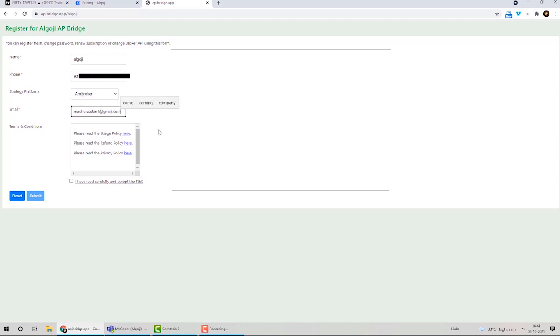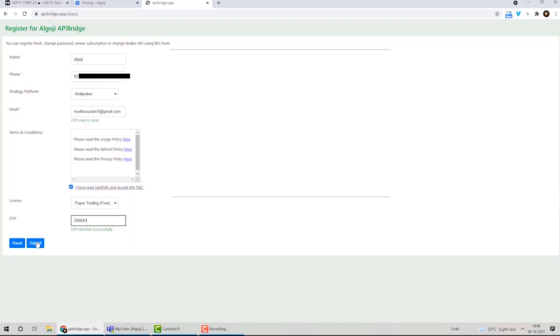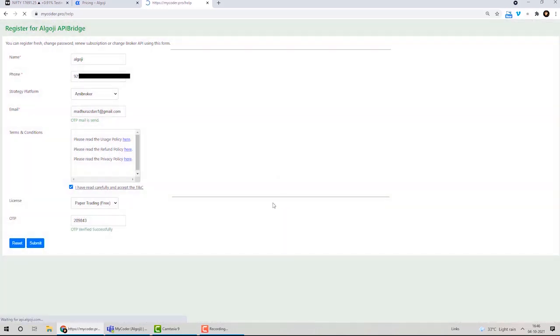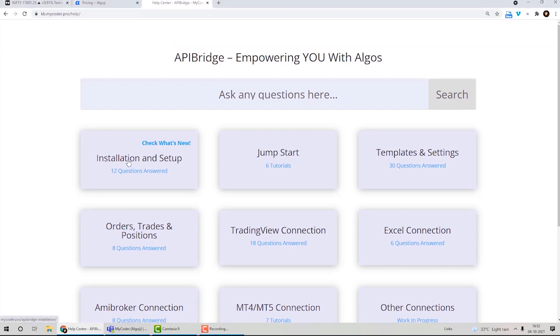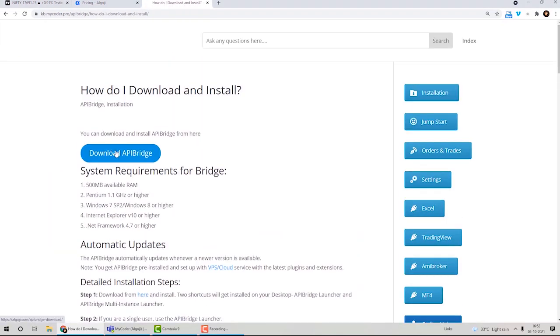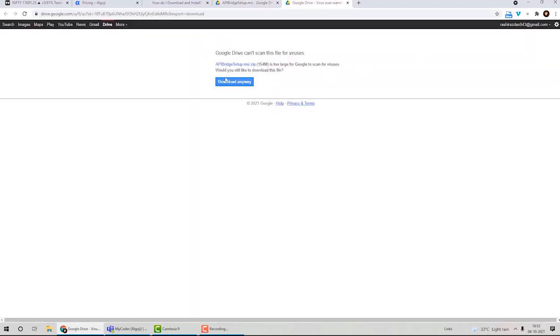After subscribing, you will receive an email on your registered email ID with your login credentials, and you will be redirected to the API Bridge help manual. Click on Installation and Setup, then click on the first link, and now click on Download API Bridge.